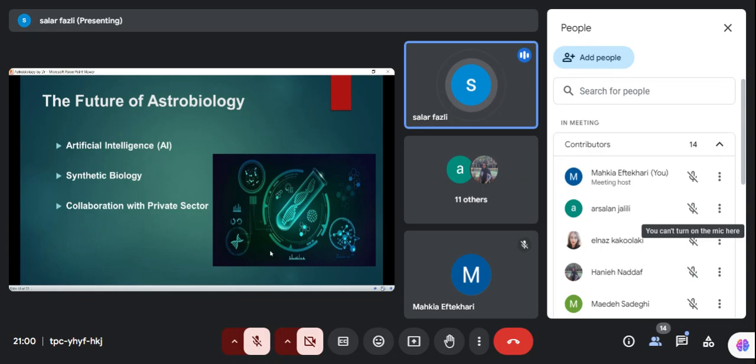And in the case of collaboration with the private sector, we can say there are increasing involvements of private companies in space exploration, such as